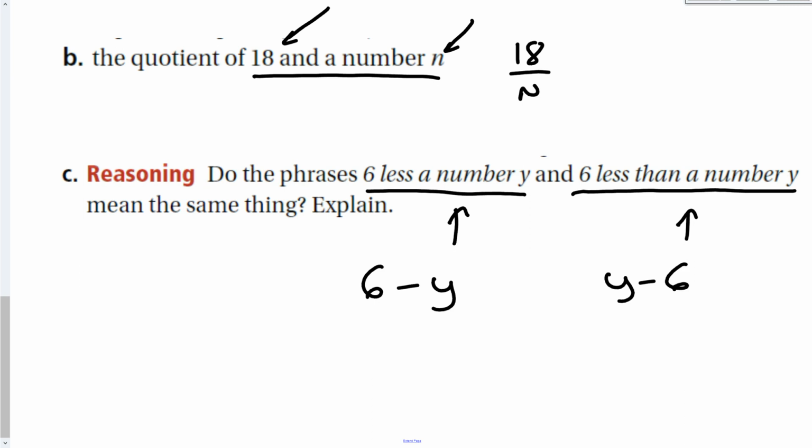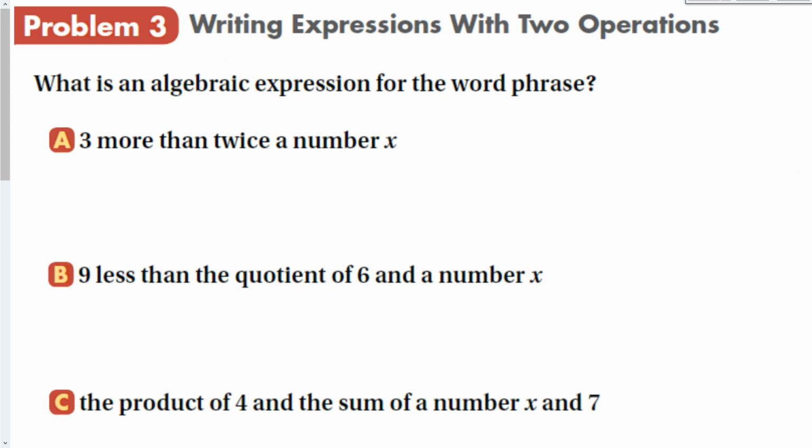Okay. So let's make it a little more complicated here and write expressions with two operations. So now we have to have two things going on. So here's our first thing, 3 more than twice the number x. So 3 more than means that we're going to add something,